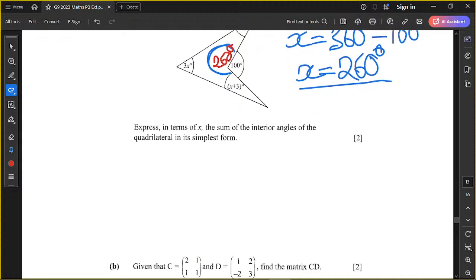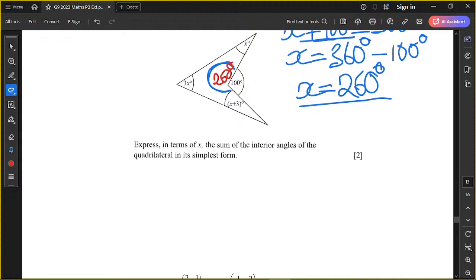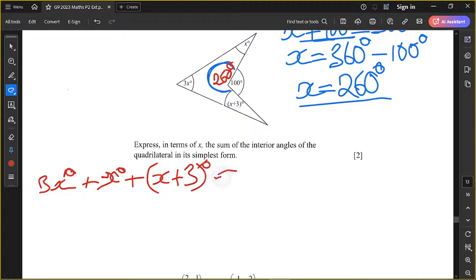that was missing. Now we can come up with an expression. So we start with 3x degrees plus x degrees plus (x + 3) degrees. Oh sorry, not equal to, we have just written 3 angles, then we say plus 260 degrees is equal to